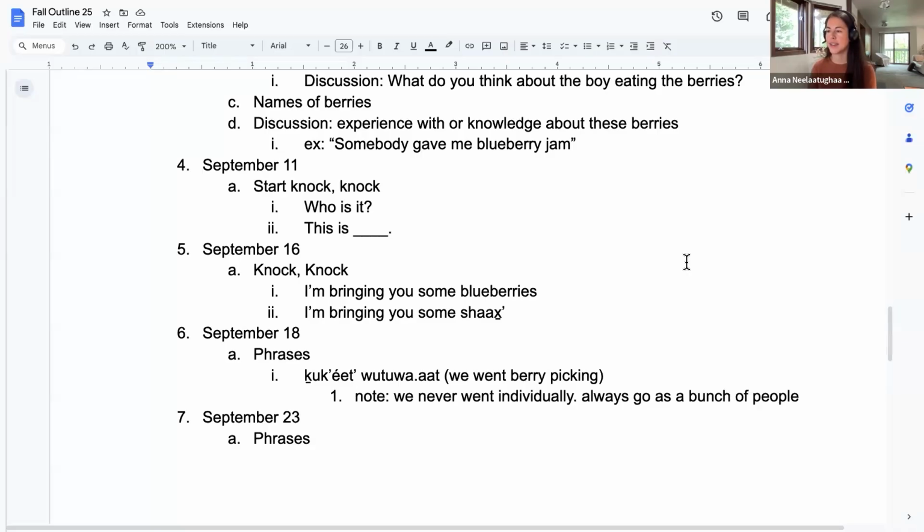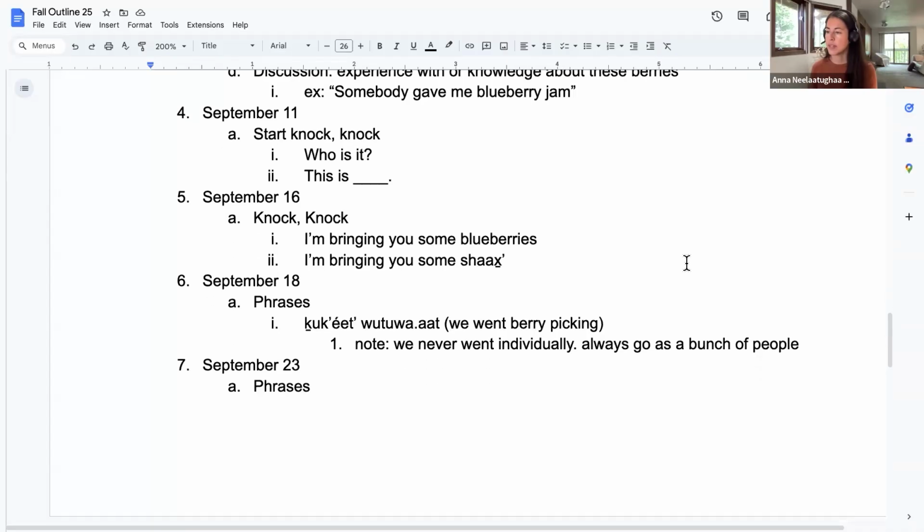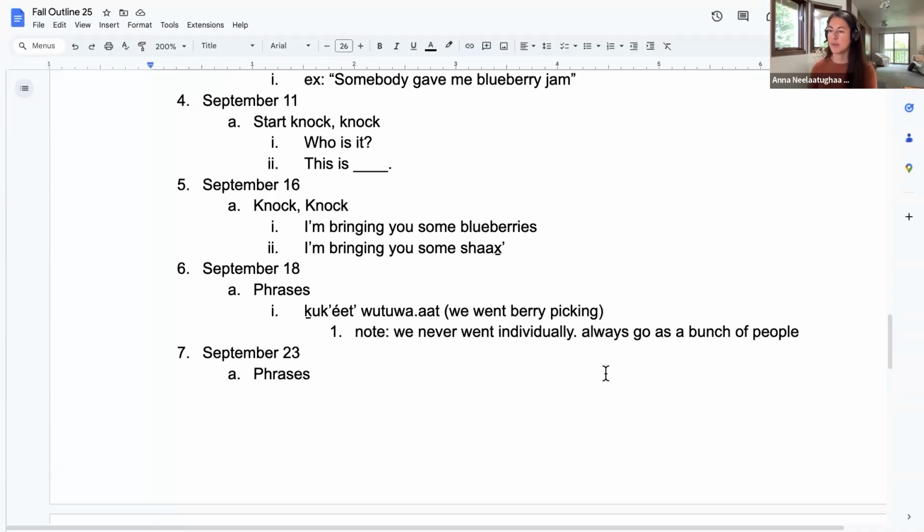We'll bring in some phrases, for example, like, I'm bringing you some blueberries, or I'm bringing you some shag. So substituting the type of berries that we've learned, using them in a sentence. We're going to help you dip your toes into saying things like that. September 18th, we'll continue on with phrases, but pulling in some of the cool language that we find in Jeff